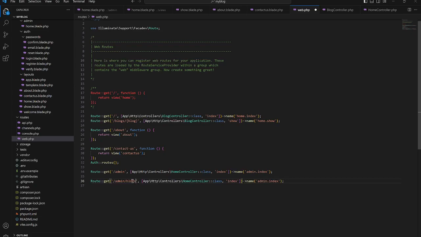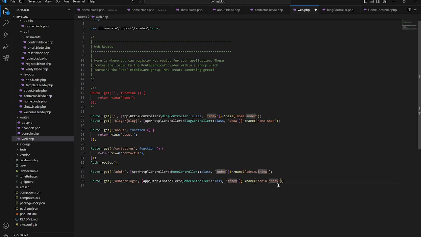Okay. If you notice in here, the first entry for the admin, we named that as index. But we all know that a blog is another feature in admin. So instead of using just admin, we'll go ahead and add another